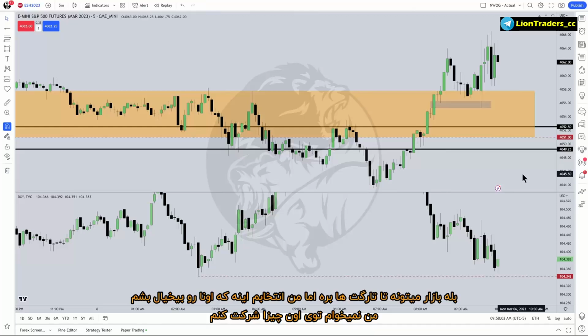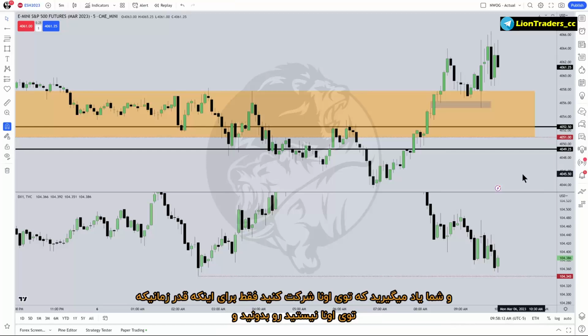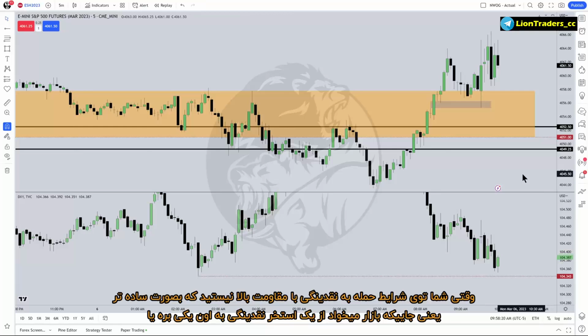Yes, the market can go to targets, but those conditions I opt out of. I don't want to participate in those days. And you're going to learn to participate in those only to get an appreciation for what it's like when you're not in them. And when you're not in a high resistance liquidity run condition, which means in simple terms, where